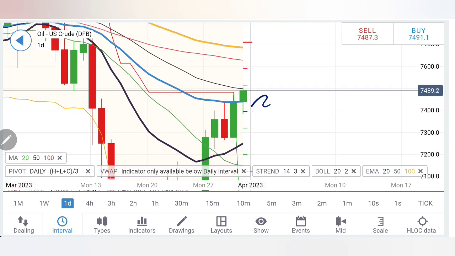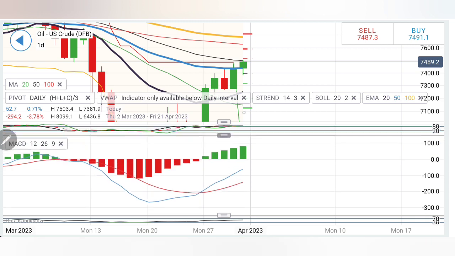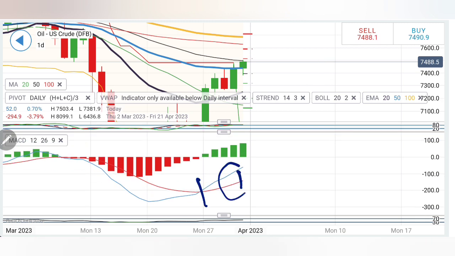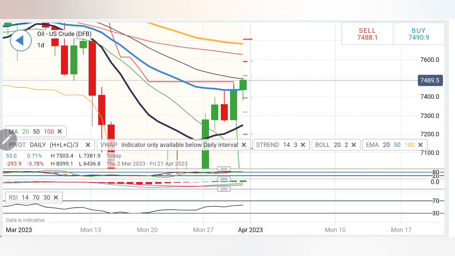Now remember, at the same time, if you are selling at 74.4, remember 73.8 is something it should break, only below which it is going to trade bearish. Below that, 73, 72 can be expected. Stochastic is overbought, MACD divergent, bullish, looking upwards. RSI also trying to look upwards, show a little strength, and hence I will recommend you to sell at 74.4